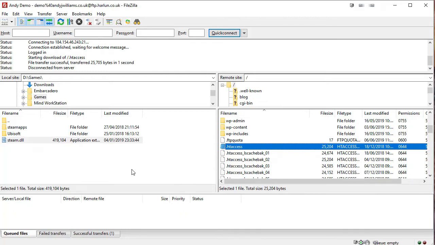So that's FileZilla, a great little file manager that's free, works on PC, Macs and Linux, and it's the way that I normally go in and make changes or edit files or do things on my server if I need a file manager. In the next lecture though, we'll have a look at file manager in cPanel because that is an easier option, but there is one or two things that you need to know about that if you're going